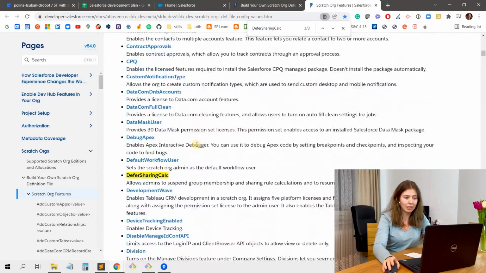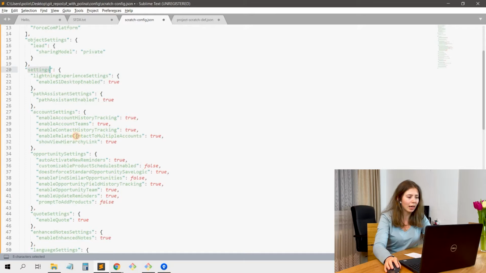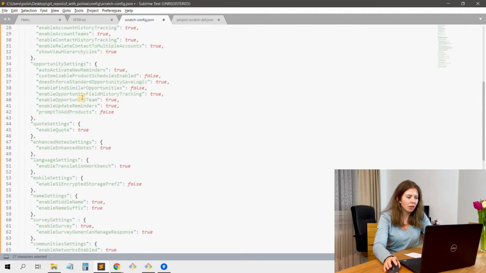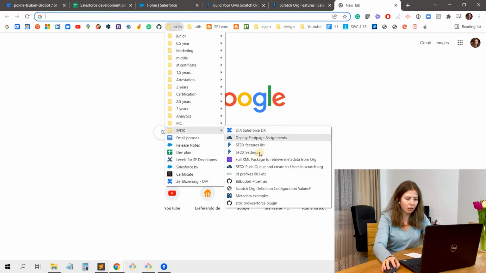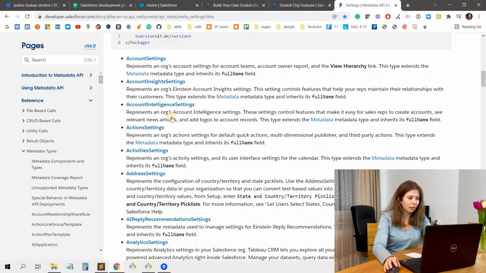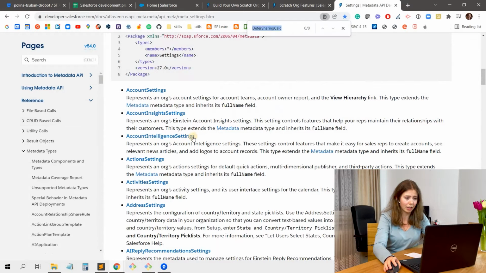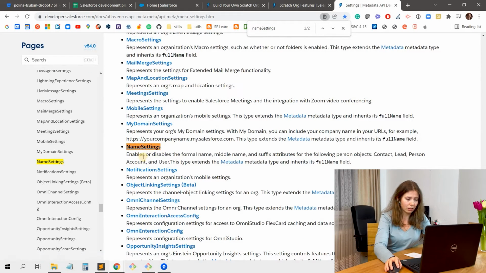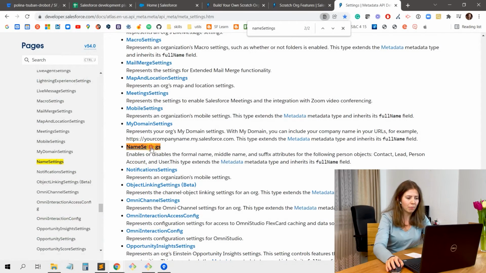But anyway, so this is something what can be used, so some features enabled, and then additionally you can specify the settings. And I was always wondering from where these settings are coming, these names and everything. And I finally realized that they are coming from, yeah, let me open this another documentation. They are coming from here, from this setting thing, and for example, the most typical one is the name setting. Yeah, you cannot mention it in features because it's not a feature,